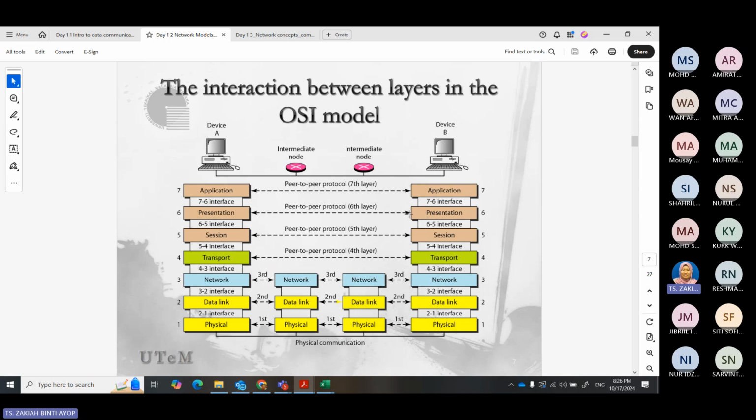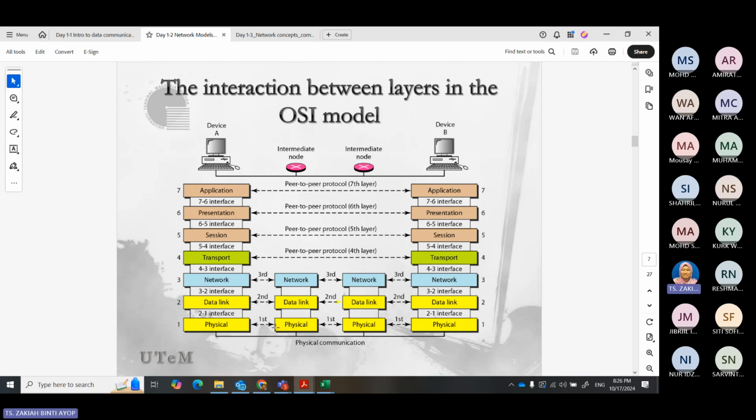Let's say you want to use TCP, then TCP must also be supported at that layer. So this is the peer-to-peer protocol, and it happens from the fourth layer until the seventh layer.